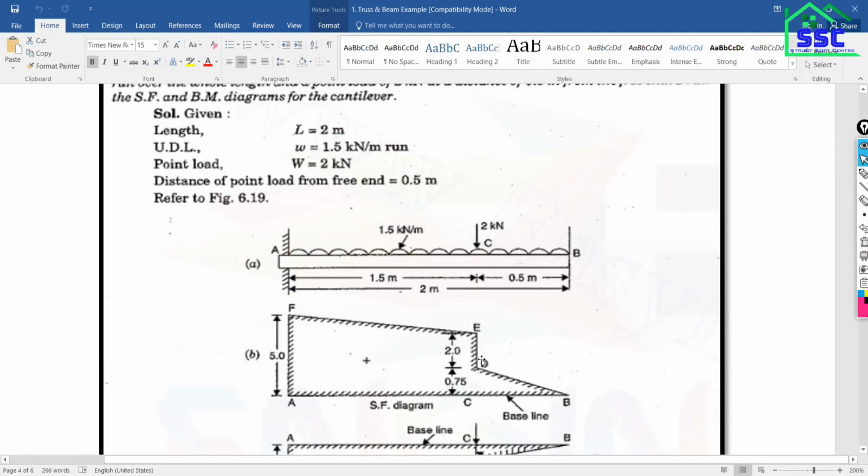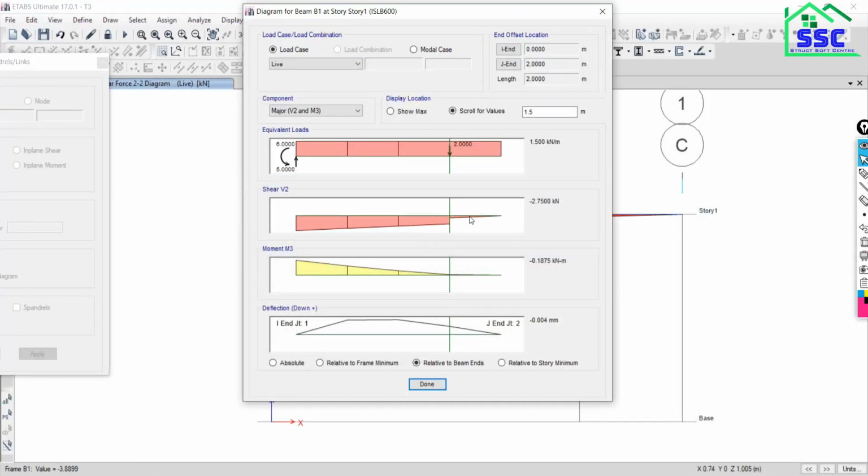At this joint, the shear force is 2.75. See, 2 plus 0.75, the total will become 2.75 kilonewton. So as you can see here, this 2.75 kilonewton, and at the same joint the moment is 0.1875 kilonewton meter.